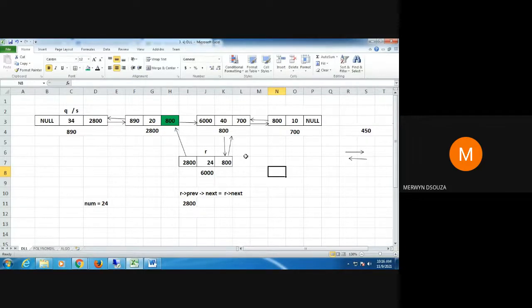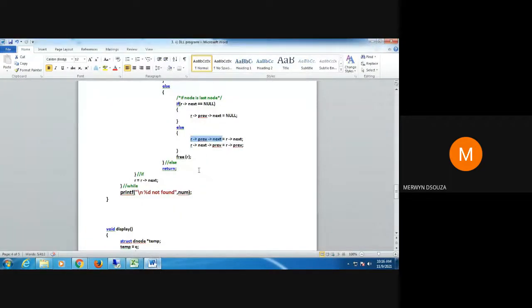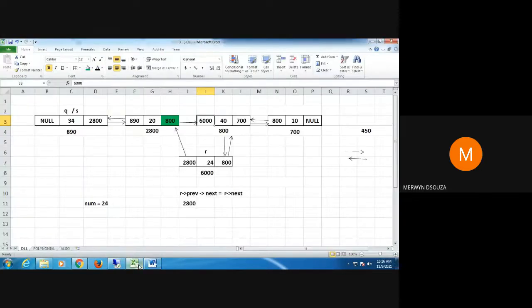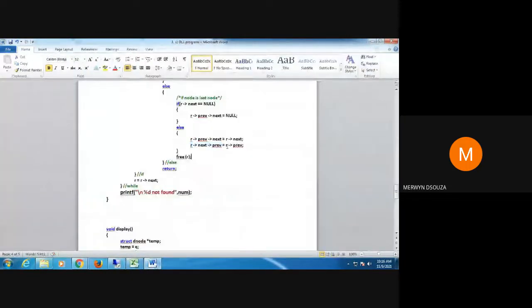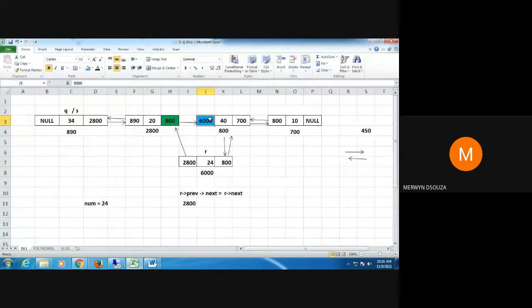Now here I want 2800. So in the same way I write R arrow next, arrow previous equal to R arrow previous. When I say R arrow next arrow previous, I'm referring to this part here. So I want a 2800, so I write here R arrow previous. So I get there 2800. What that will do is it will get me this link like this.